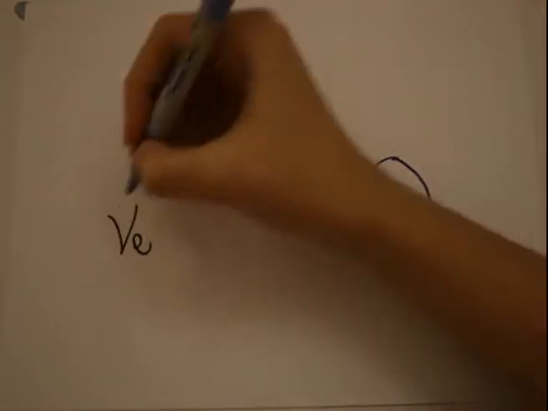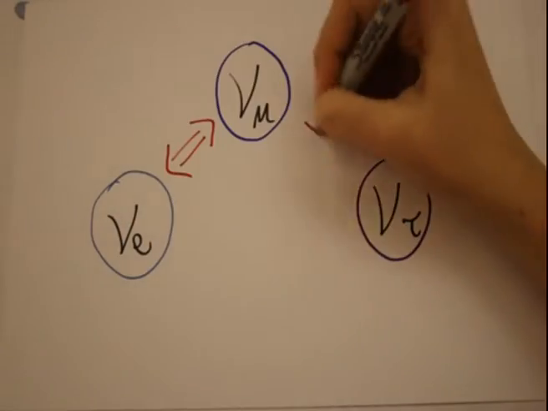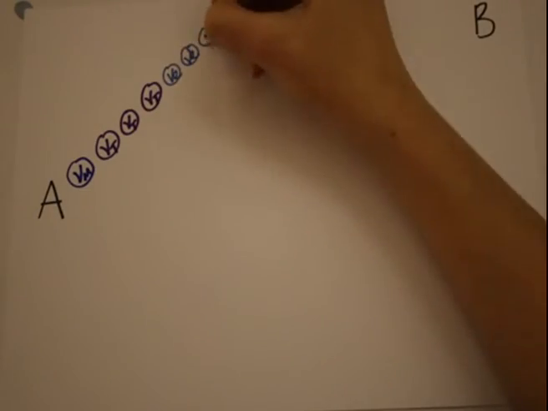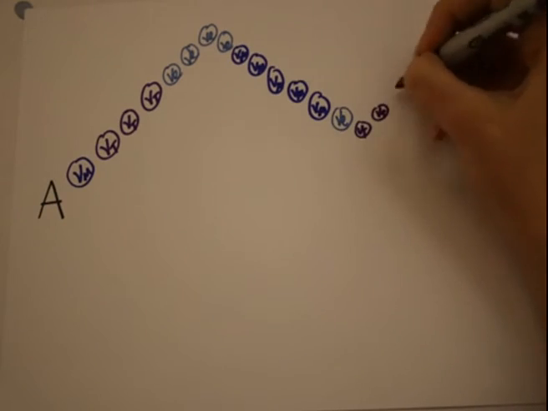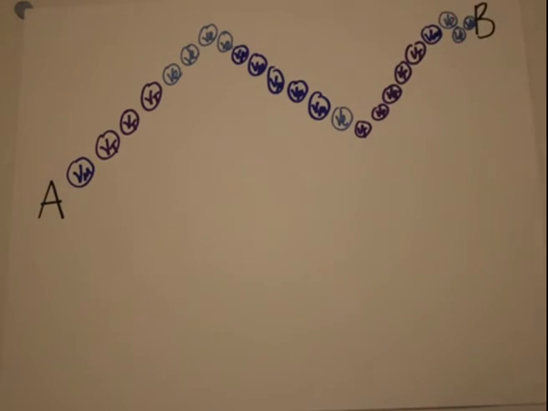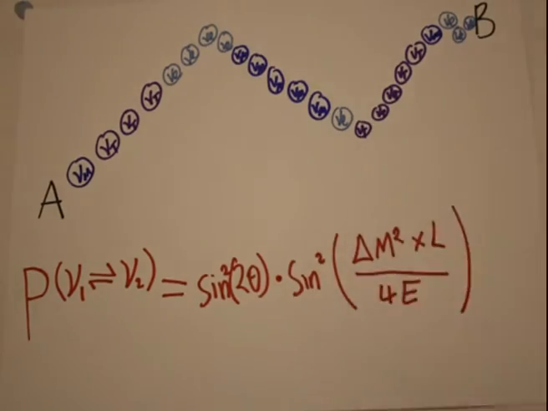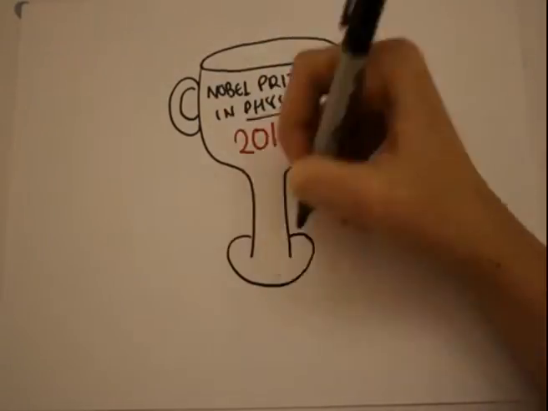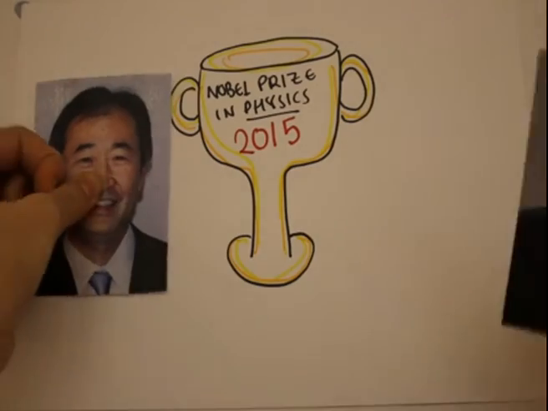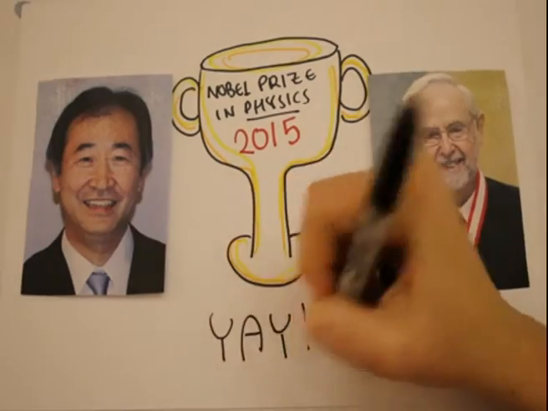Neutrino oscillation is a quantum mechanical phenomenon which requires neutrinos to have mass. A neutrino of a specific flavor can later be measured to have a different flavor, and the probability of measuring a particular flavor for a neutrino varies periodically as it propagates through space, as given by this equation. In 2015, the Nobel Prize in Physics was given to Takaaki Kajita and Arthur McDonald for the discovery of neutrino